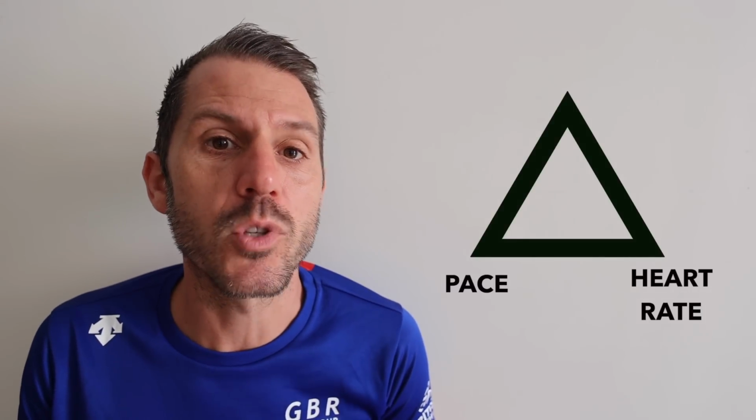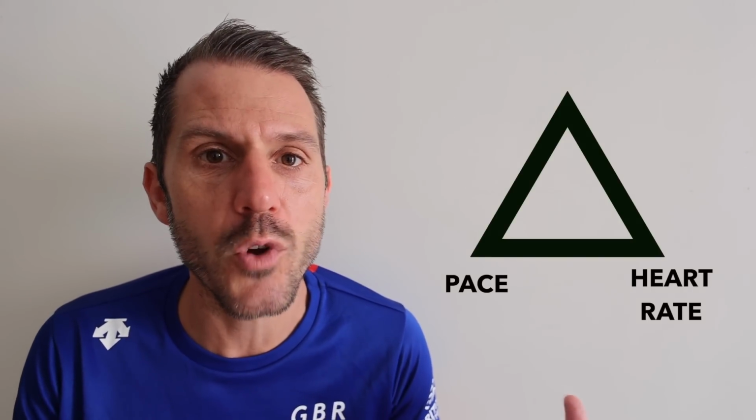Alright, there's side 2 of the triangle, pace. We now know what different paces feel like. We might know what our marathon pace feels like, or our half marathon or 5k or 10k time, and that's important with pace, but it's even more important to be able to link those paces up with a heart rate, or at least a heart rate that you usually hit for those paces,